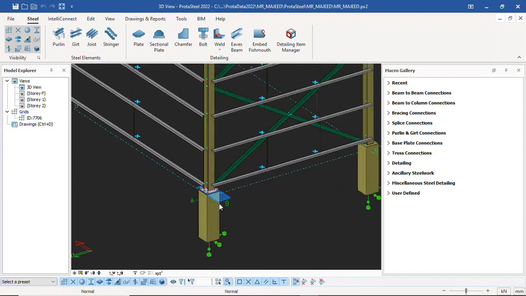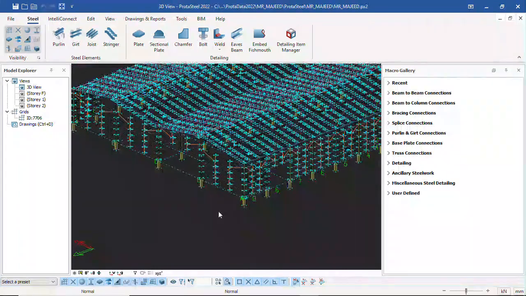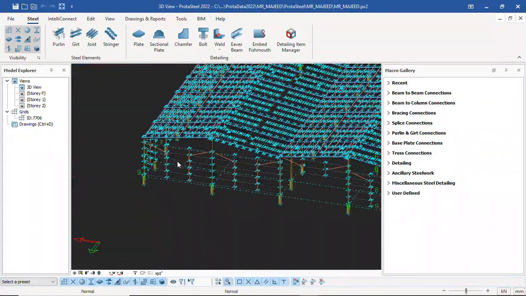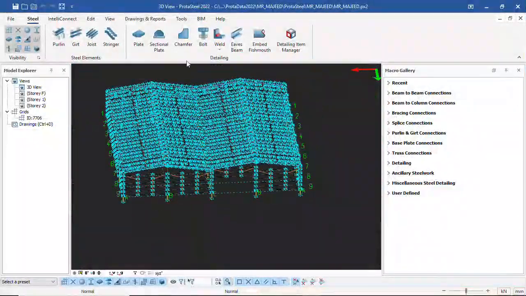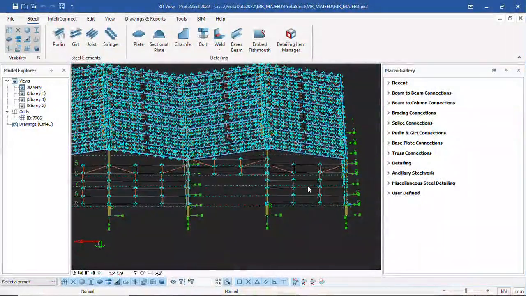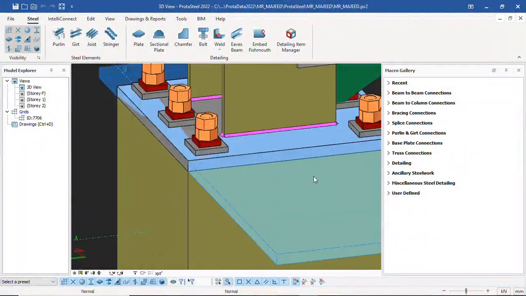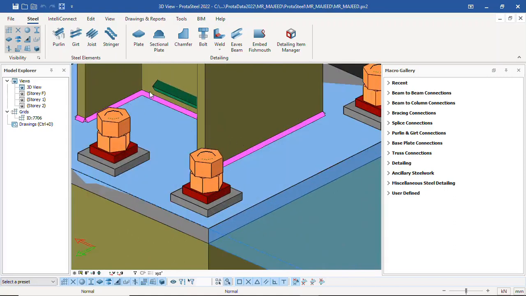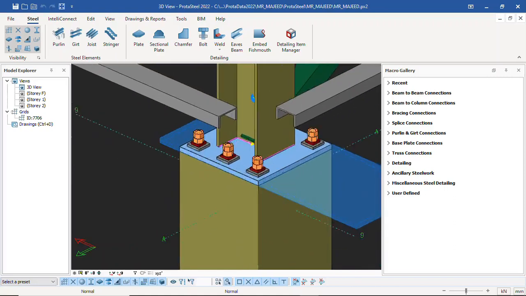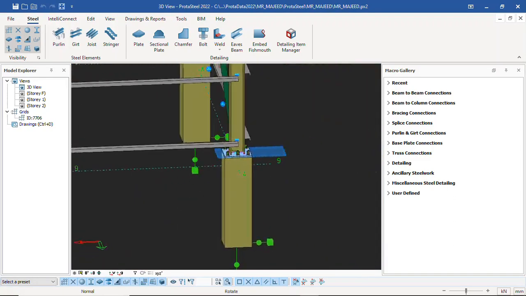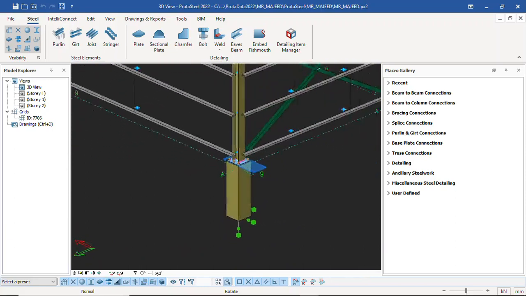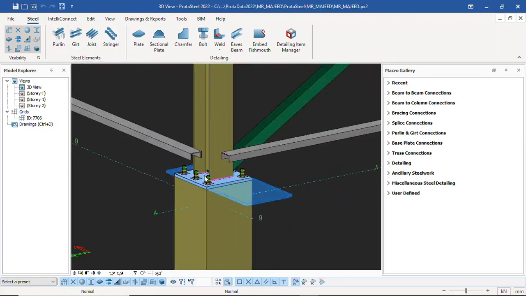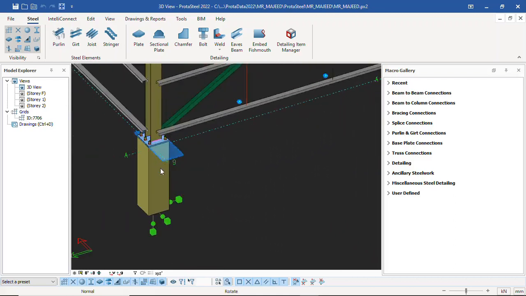In part 1, part 2 and part 3, I showed you how to model this from scratch, from the grids, the placement of columns, from analysis, and how we exported it to Protest, and we inserted our base plate. To insert the base plate, we cut the concrete so that it can sit properly, and we applied our welding. So if you have not watched part 1, part 2 and part 3, just check my videos and make sure you watch, so that we will flow along. Okay, so in this video, part 4, what we are going to do is,